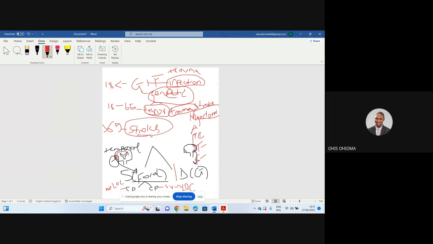Now, of course, there's one more important type of seizure that we need to talk about. It's a type of seizure that is quite unique in its own way, and it is called absence seizure. Does anybody have an idea of what happens in absence seizures? How does the patient present? What is the trigger? Because this comes out a lot in the exam. And how do we treat it? What medication do we use to treat it?